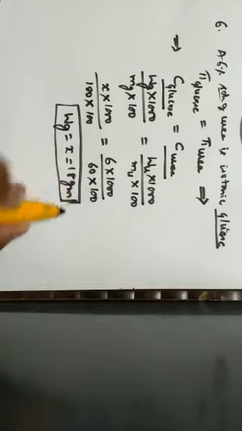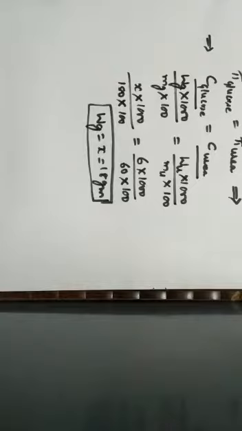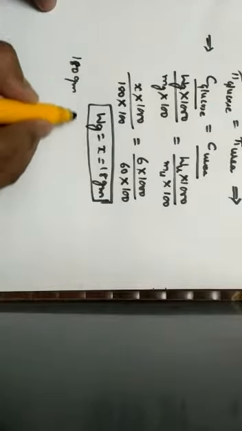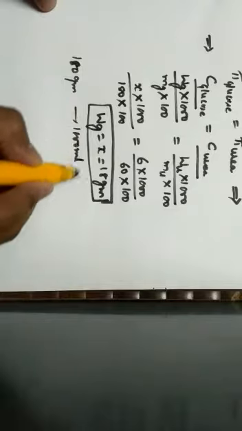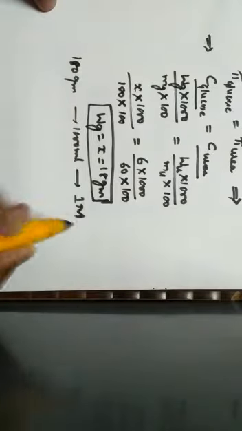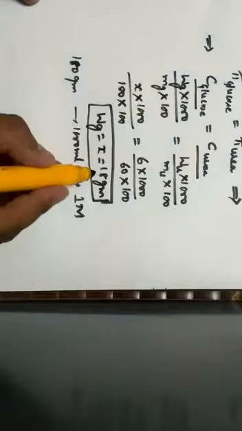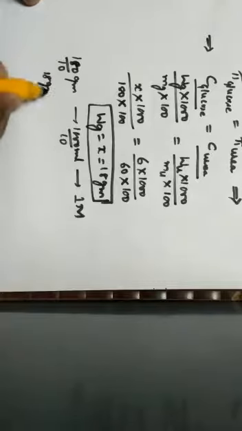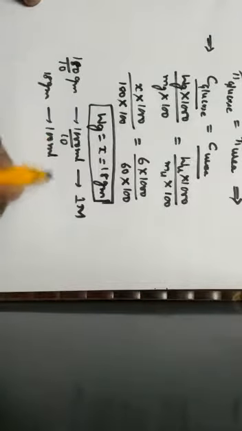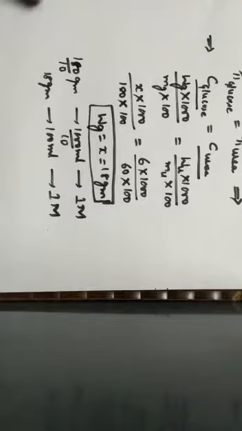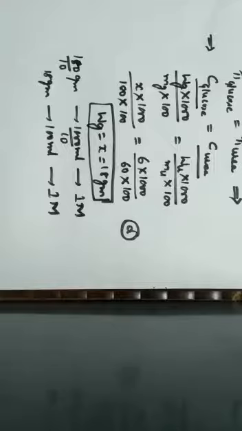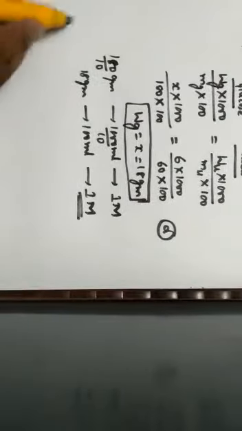If we simplify, the mass of glucose will be how many grams? 18 grams. We know that the molecular mass of glucose is 180 grams. If 180 grams is dissolved in 1 liter, that is 1000 ml, the concentration will be how much? 1 molar. Here the mass obtained is 18 grams. Divide this by 10 and this by 10, so that when 18 grams is dissolved in 100 ml, the concentration will be what? 1 molar. Hence the correct answer for the given question is option D, which is a 1 molar solution of glucose. Next one, question number 7.